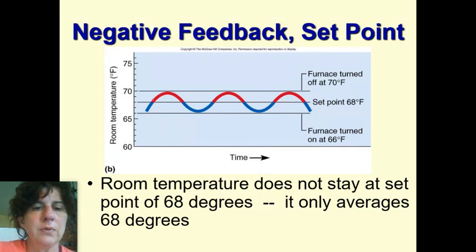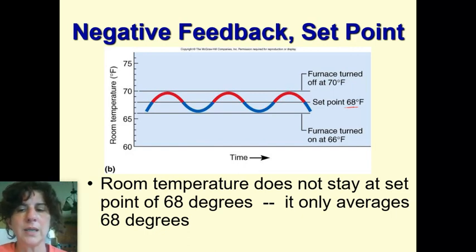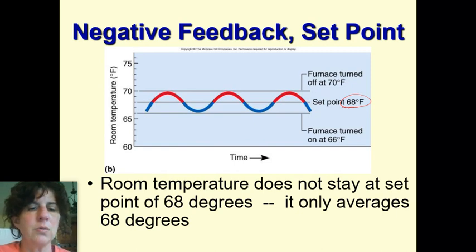So here it is again. And this one, in this diagram, it's set at 68, a little more comfortable for me. So 70 says too warm, cool down, and goes up and down. But again, you average at 68. You don't really sit at 68. It's not always at that point in there.